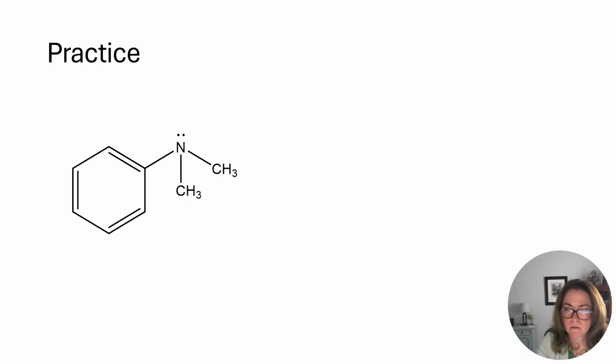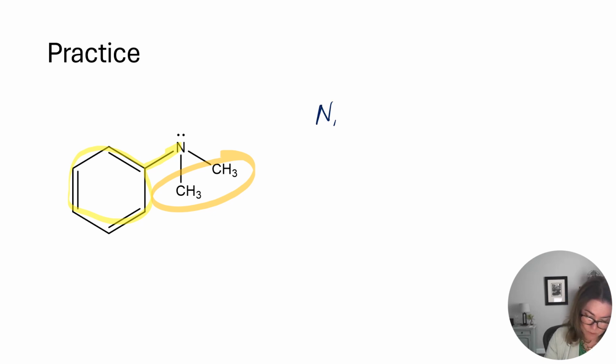All right, so as always on a practice, you should pause this, make sure you can actually answer the name or determine the name without me stepping you through it. All right, so our parent here, this is an aniline, and I have 2 methyl groups here bonded to the nitrogen. So the name for this is going to be N,N-dimethyl